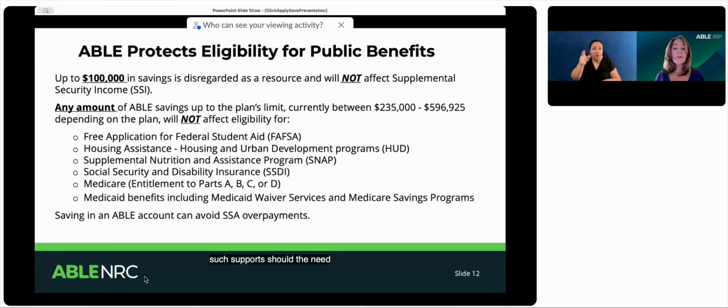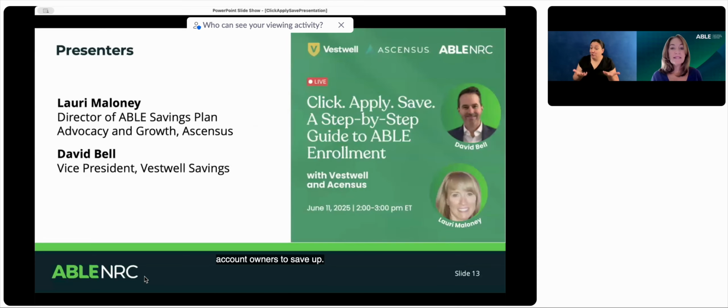So ABLE provides an opportunity for all of us to change a mindset. Funds in a traditional account focus energy on needing to spend down to ensure that you're within the asset limits set by public benefit programs, and funds in an ABLE account empower account owners to save up. So if you are ready to think about saving up and not having to focus on spending down, I'm